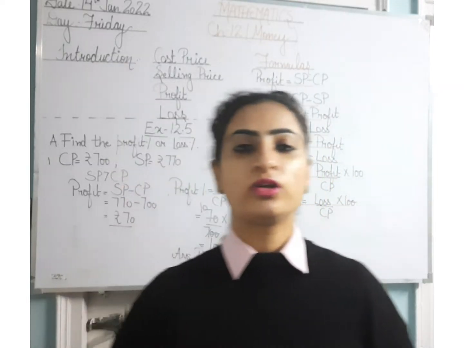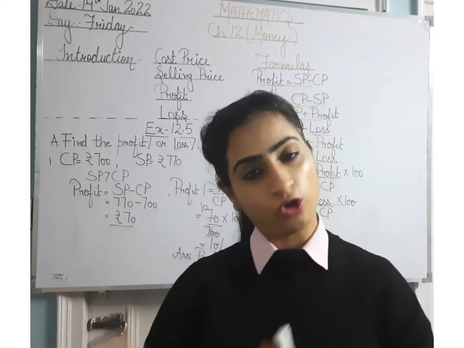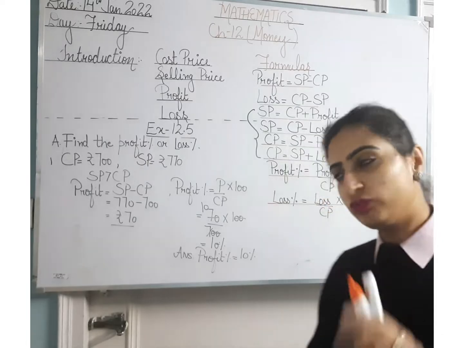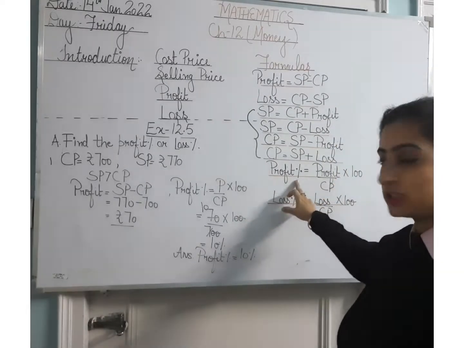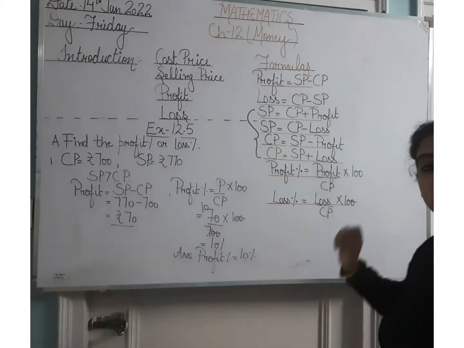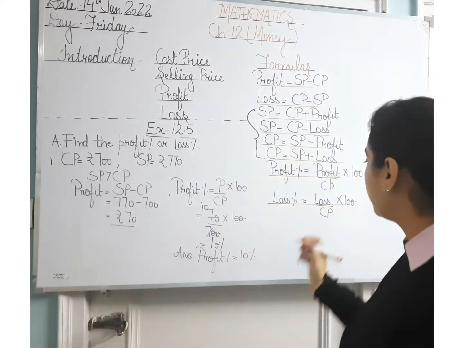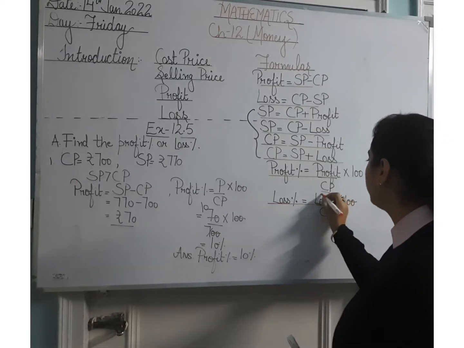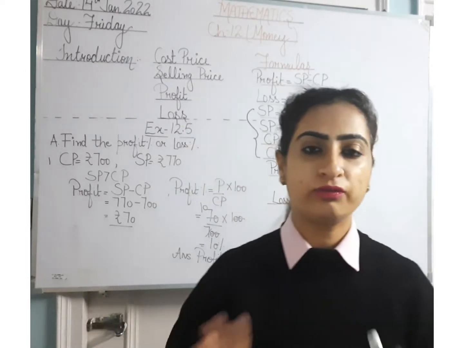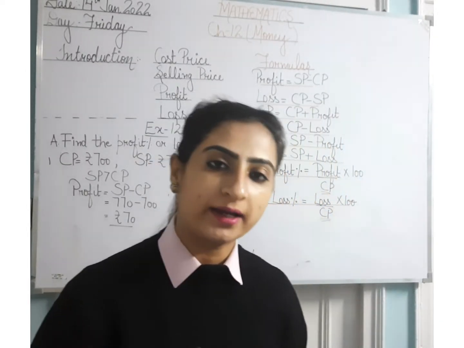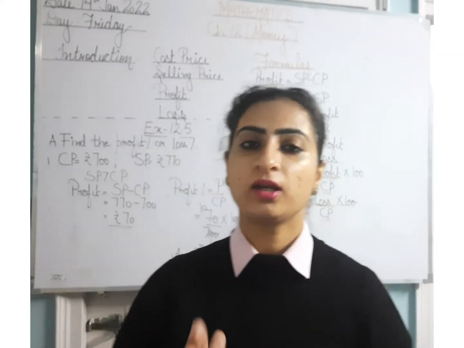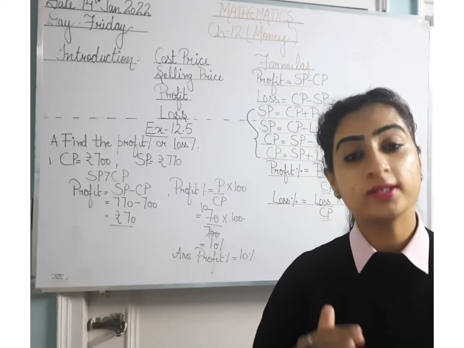So in this case, we are going to find out the profit percent or loss percent. Okay, how to calculate? For profit percent or loss percent, there are again two formulas. First is profit percent is profit upon CP into 100. Next is loss percent is loss upon CP into 100. What is important here, that you have to calculate profit and loss with CP only, with cost price only. There is no role of SP in the profit percent and loss percent. So this you need to take care. Always profit percent and loss percent will be calculated on cost price.